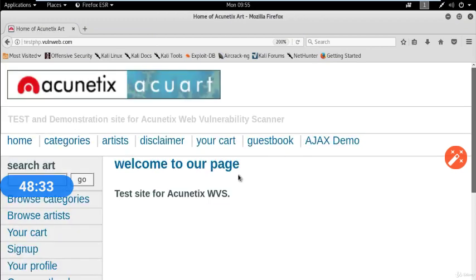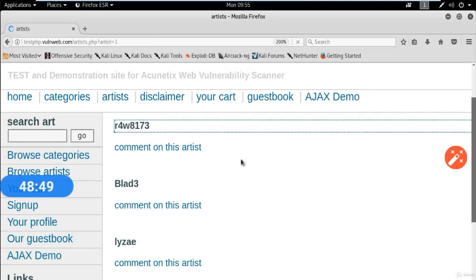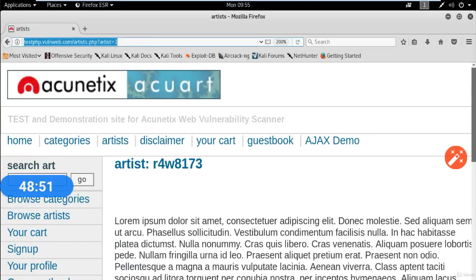And to find out the link, what you can do is click on a page inside this website. For example, if I click on artists, you can see that there are 3 links available. So you can click on any one. For example, if I click on the first one, you can see I got a link in the URL area, which is testphp.vulnerweb.com/artist.php, which is a page, and question mark artist equal to 1, which is a link inside that page. So we got a link of the website, and we can use this link inside JSQL to perform SQL injection,